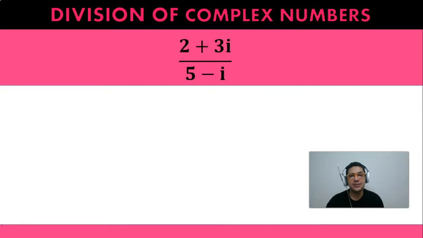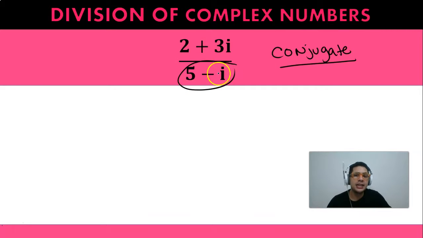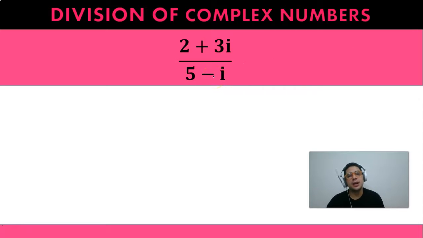So guys, whenever you are dividing complex numbers, you have to remember that if the denominator is a complex number, you are going to multiply by what we call the conjugate, always. So the conjugate is the same number you have, but the sign of the imaginary part is going to be the opposite. So if you have a denominator of 2 plus 3i, you're going to multiply by the conjugate, which would be